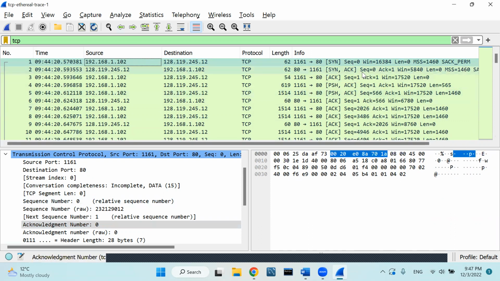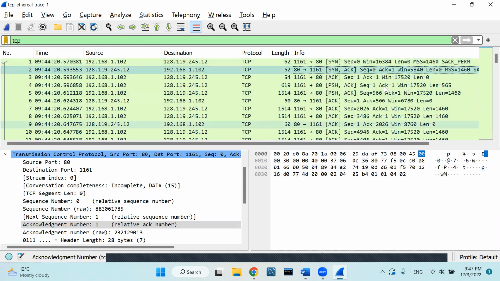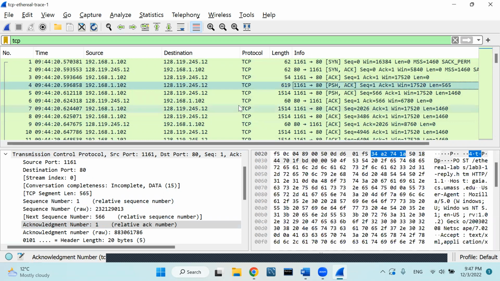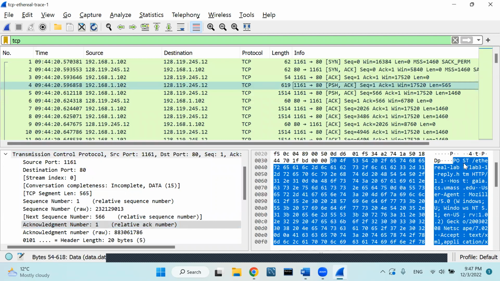So on the first packet, there isn't a POST command. Second one, neither. And the third one, there isn't one. On the fourth one, as we can see right here, we can see the POST command,